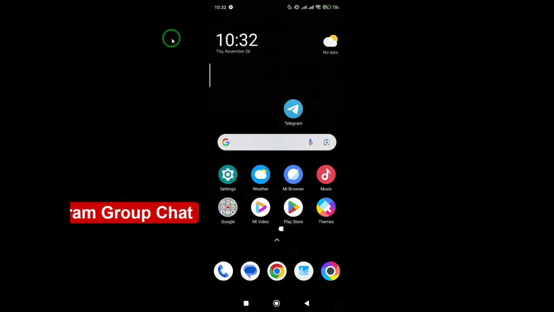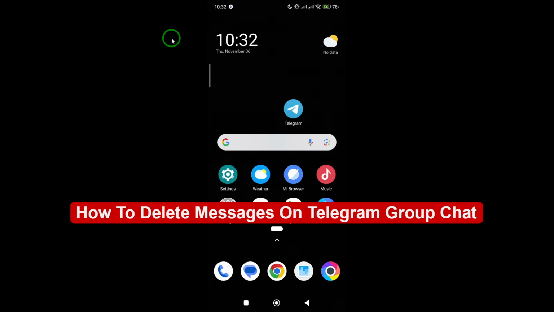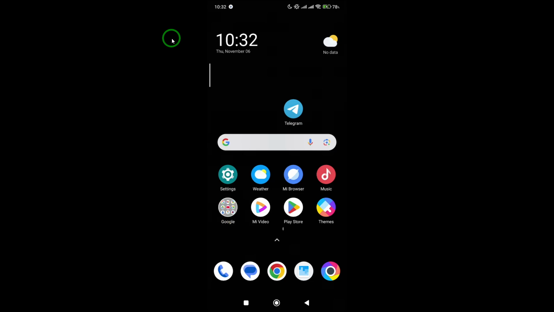Welcome. In this quick and updated guide, I'll show you how to delete messages in a Telegram group chat step by step. Whether you've sent something by mistake or just want to clean up your group conversation, this video will help you fix it in seconds. Let's get started. First, open the Telegram app on your phone or computer and head straight to the group chat